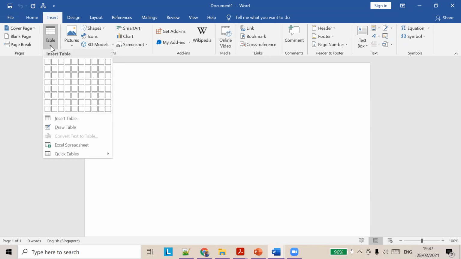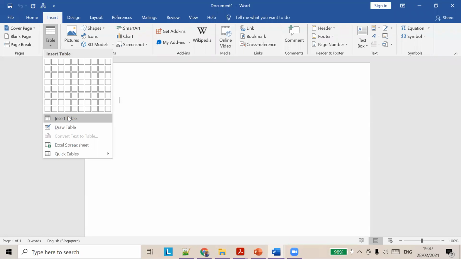Click this table drop down and you can see insert table here. Using this, we can create a table. Let's say I want to create a marks list for students. Let's say we have 5 students and 5 subjects.